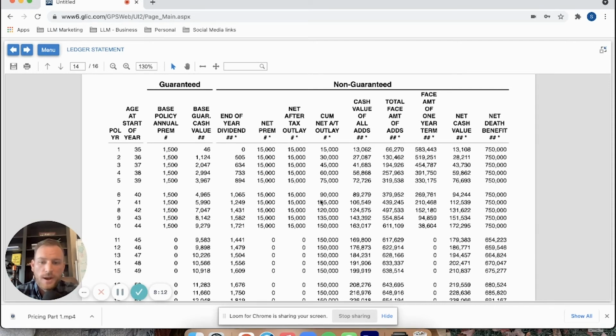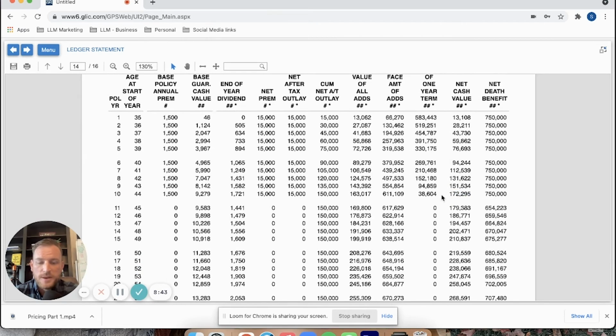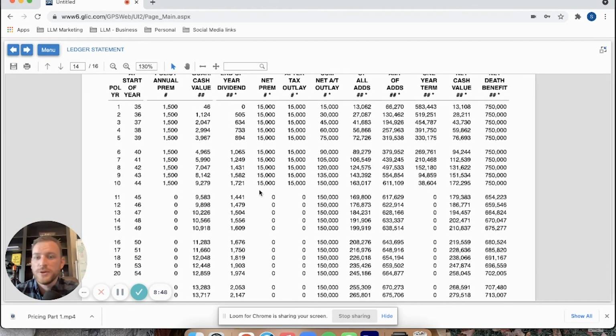So moving on from there, if we look at this example, we've only put money in $15,000 for 10 years. So at year 10, we would be age 44, going into year 45, age 45. We've put in $150,000 total, $15,000 per year for 10 years. If we look over our cash value, we're seeing $172,000 show up in cash value, right? So there's $22,000 or so in growth that's been happening there. So that's just what's going to keep happening. That death benefit is going to be there the entire time. And in this example, we never put another dollar in after year 10, right?